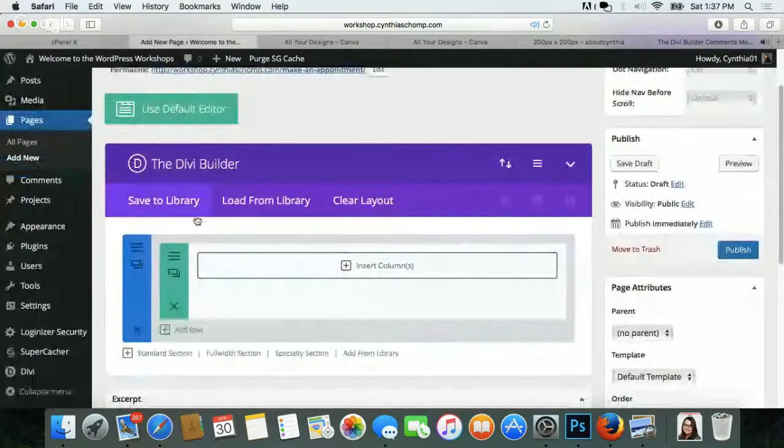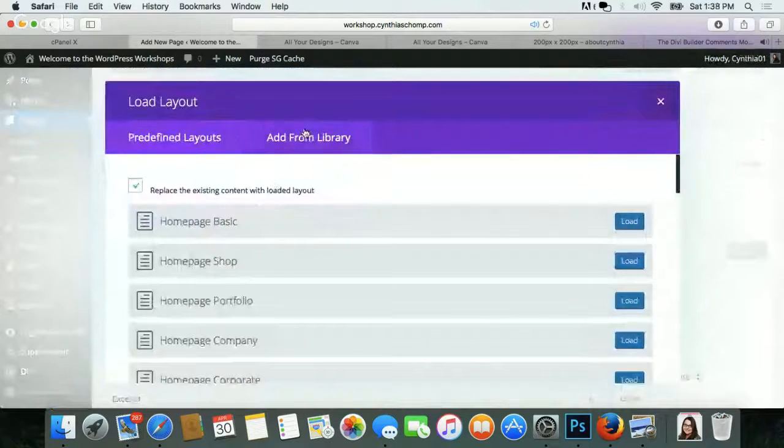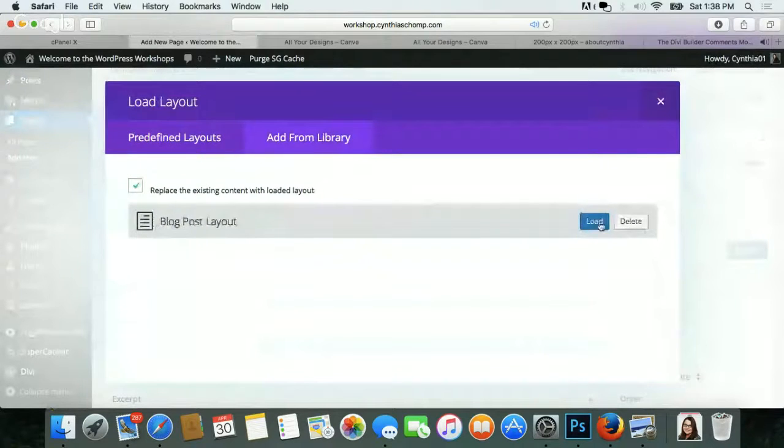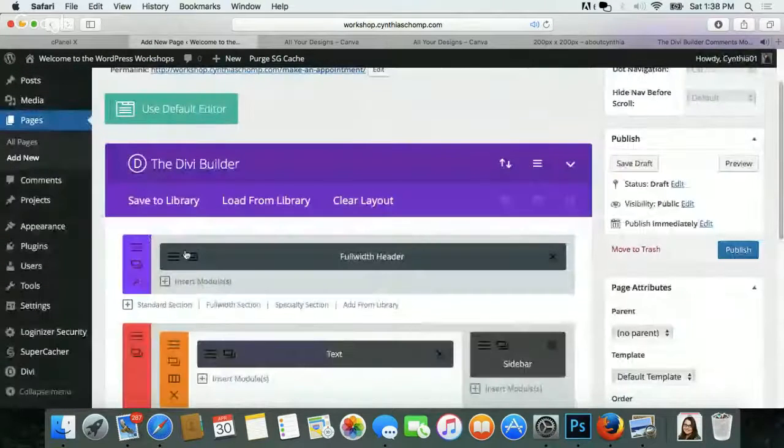I'm going to load that blog post one because I really like that. So load from library, add from library, blog post layout, load. So instead of using a full width header for the blog,